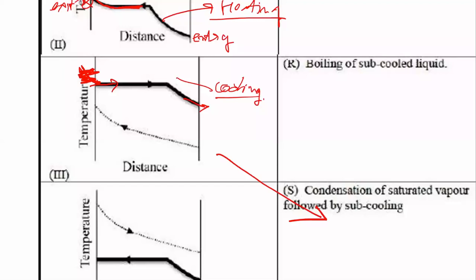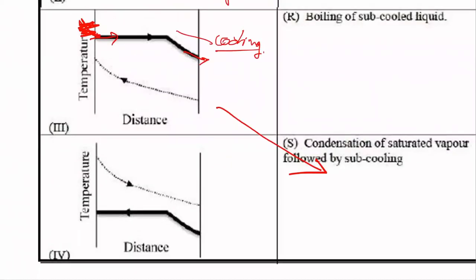All right, let's do it for the final profile that we have. Yes, Rutuja, you may continue with this last profile as well. Right one is the entry point and the left one is the exit point. Correct. So first there is an increase in temperature, so it is heating and then phase change. Okay, so the liquid must be subcooled, or the liquid is below the saturation temperature. It is heated and then it is boiled, right? So this matches with R.